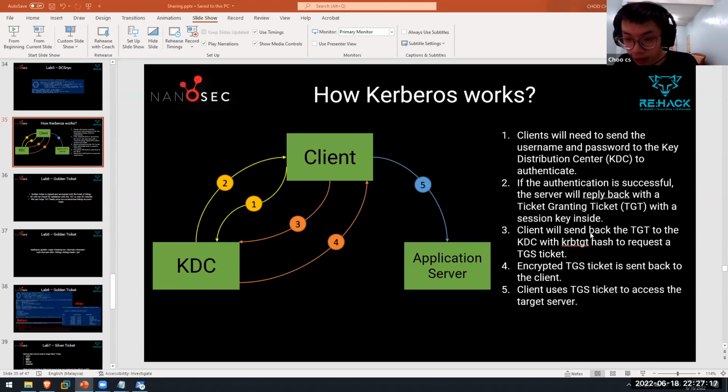And then the client will send back the TGT to the KDC again, to encrypt the ticket with the Kerberos TGT hash to request a TGS ticket. And then after the KDC is done with that, they will send back the TGS ticket to the client so that they can use the TGS ticket to access the application server. So you can see here, the encrypted TGS ticket is sent back to the client, and then the client uses the TGS ticket to access the target server. That's how Kerberos works,